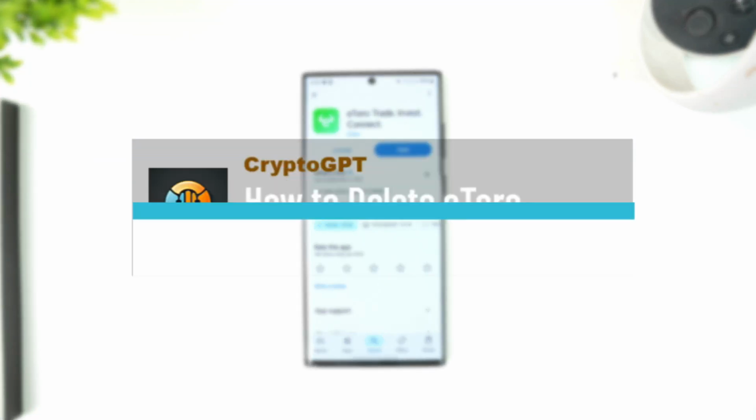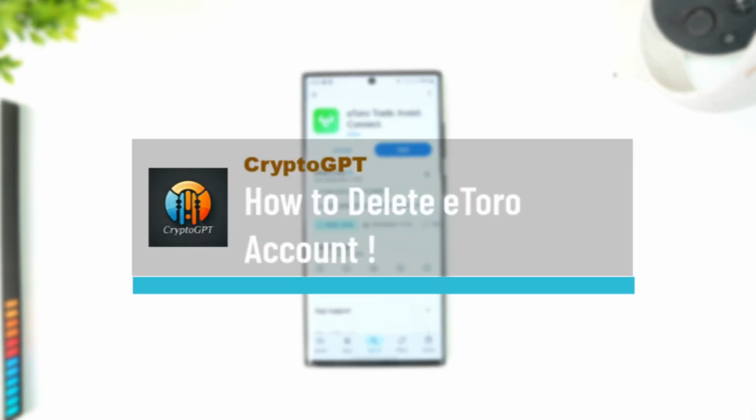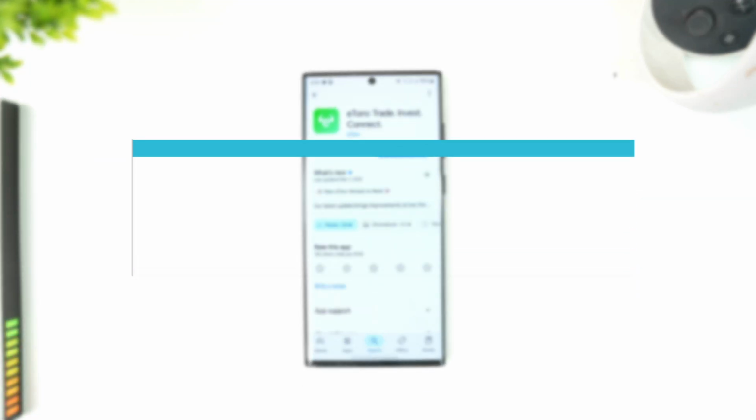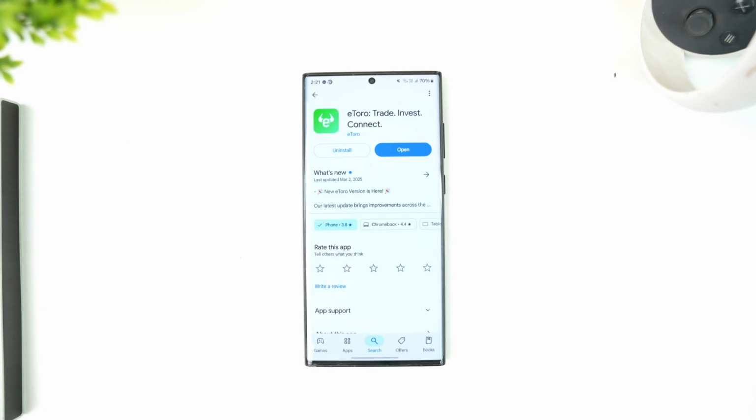How to delete your eToro account. If you wish to delete your account on eToro, it is rather quite simple for us to do so. Now, there are many caveats to deleting your eToro account, so first of all, you must make sure to become